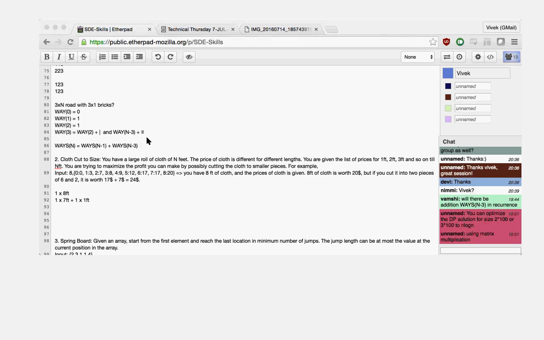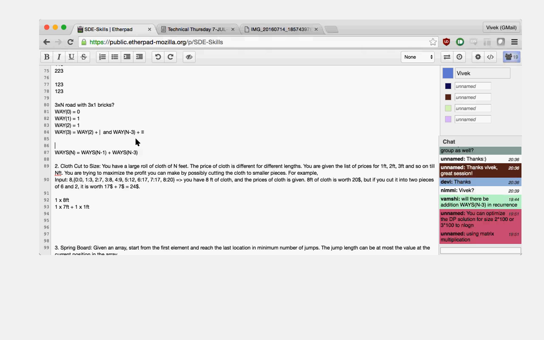Now, if you look at the recurrence there, it is way of n minus 1 plus way of n minus 3, which is only one way. I see what you're saying. No, good catch. So in this case, right, I think the